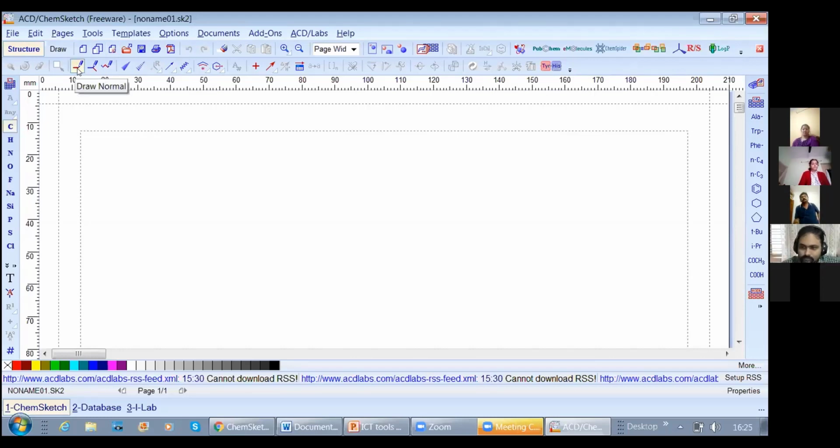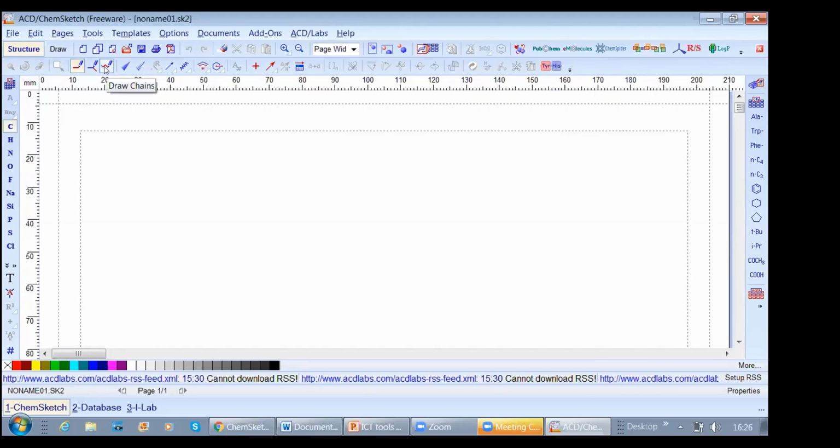This is for drawing normally, this is to draw continuous bonds, and here it is to draw chains. This is the up stereo bond, this is the down stereo bond, and for reactions, the plus is important. This is the reaction plus, which has a shortcut here, and this is the reaction arrow. You can make use of this in writing reactions.